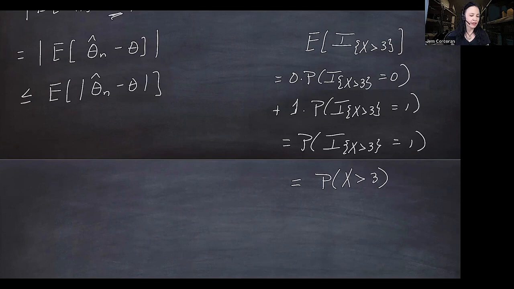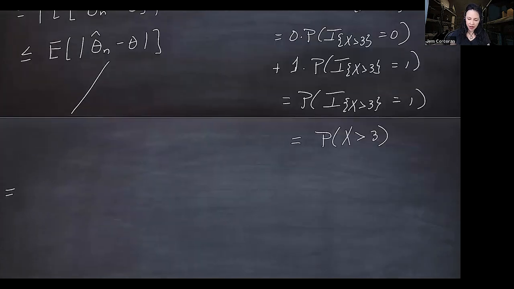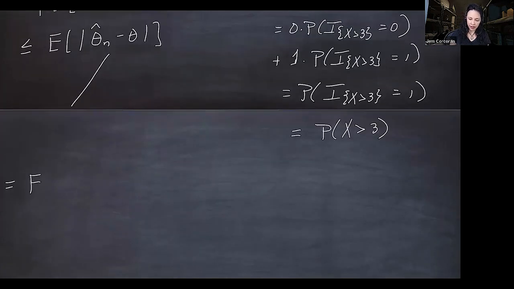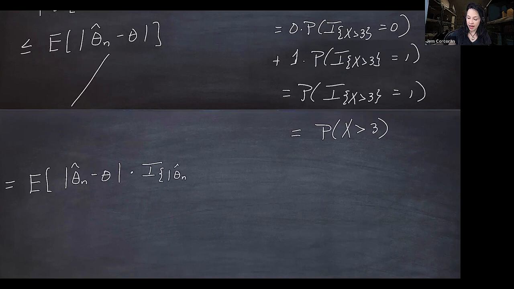Right? Math is not about tricks, but it's about pulling cool methods out of your back pocket. So I'm going to rewrite this. This is from here, but I just want to get out of the column problem. I'm going to write this as the expected value of the absolute value of theta n hat minus theta times the indicator of the event that says that the absolute value of theta n hat minus theta is less than or equal to epsilon,